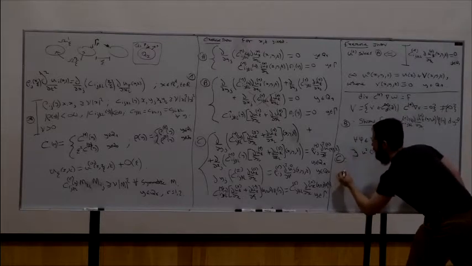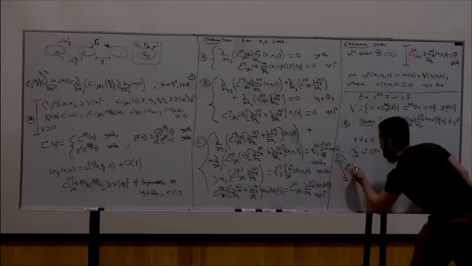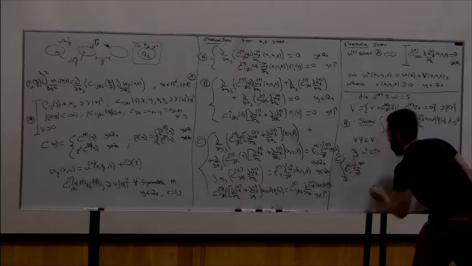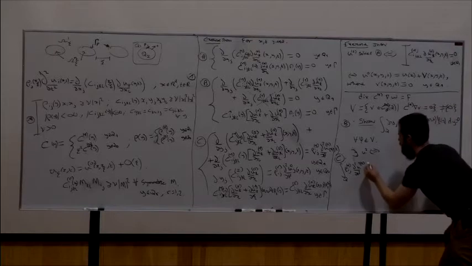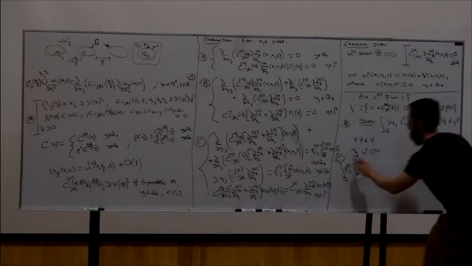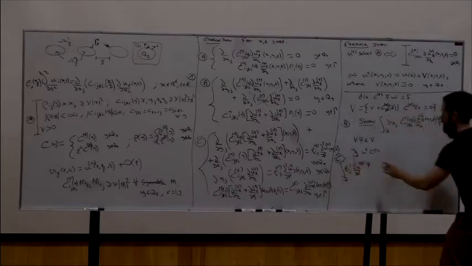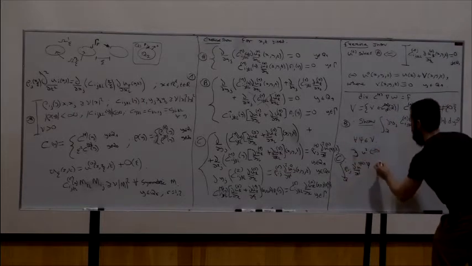So I will write it like this: integral over q, I write it like this, rho, okay? So using this notation now, so I'm integrating over the whole cell, plus